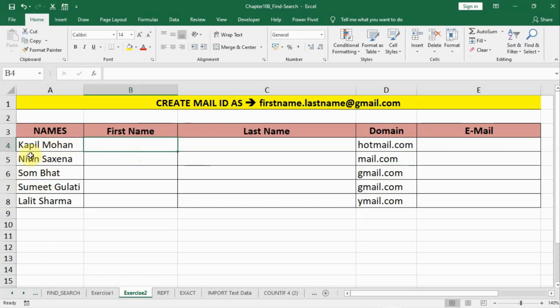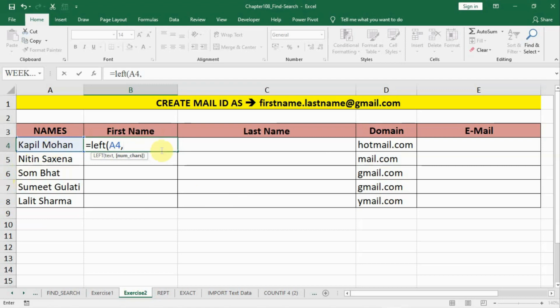Now if there are 100 names, we are not sure whether the first name is of 5 character length, or 6, or 7, or 8. So let us see how we can find it out. We'll write equal to left, bracket open, and we'll select our data, then comma. Now we have to have the number of characters. What we have to do is identify the space. Space is a separator between the first name and the last name.